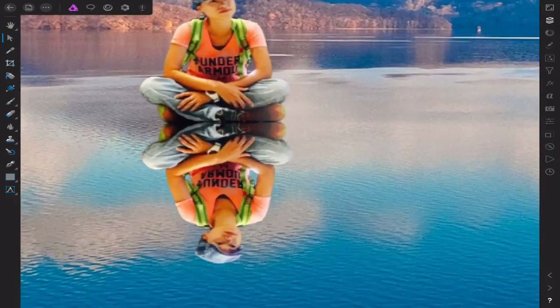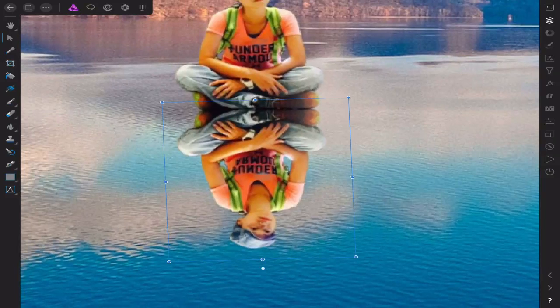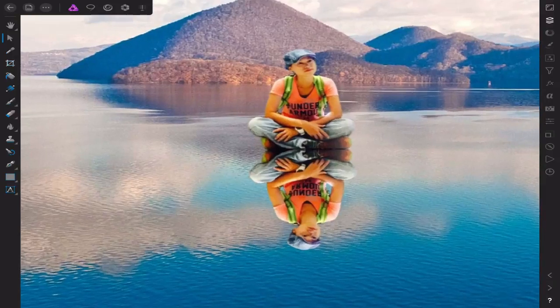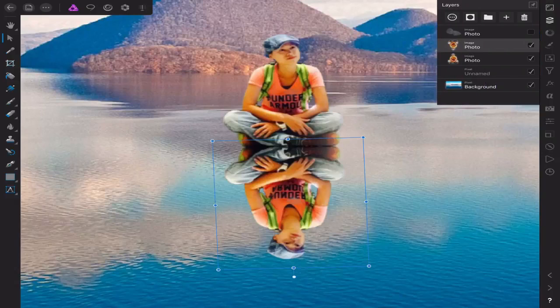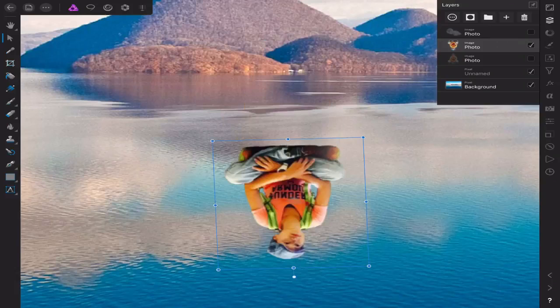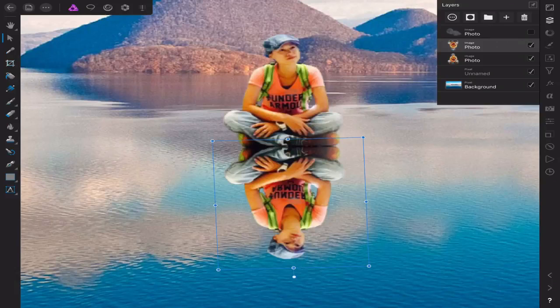Now, I'm just going to zoom in there. The reflection, obviously, we'll say that's the right way around. So we are happy the person's face, arms and legs represent the reflection, because if I just duplicate the top layer and bring it down, it's not going to look right. The head would be the wrong angle. So if we go to the bottom one, and the other thing here, watch, look, if I double click